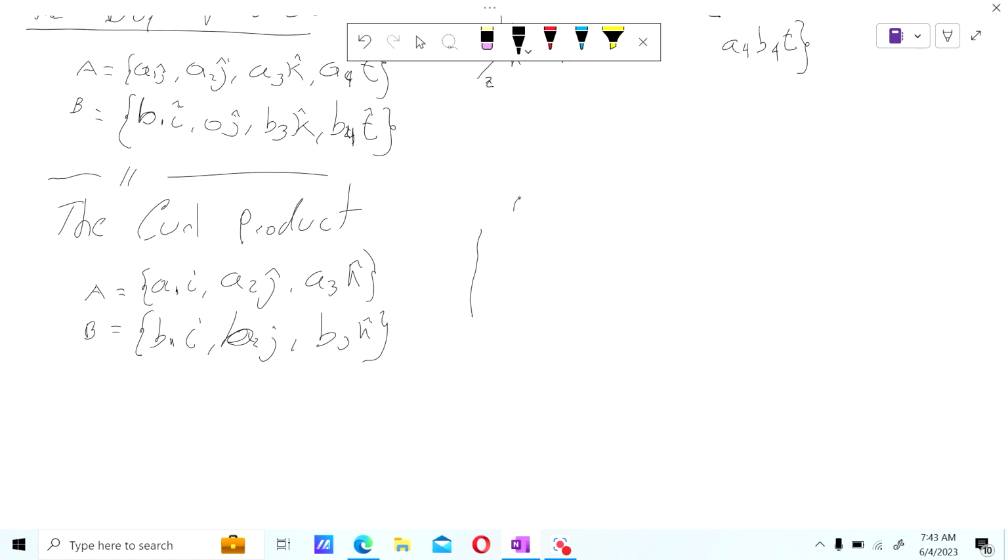We're going to place I, J, K, like so, then the vectors A1, A2, A3, B1, B2, B3. So the cross product A cross B equals,